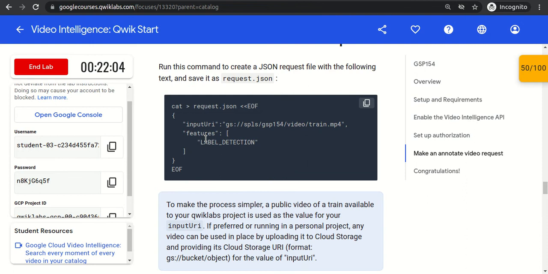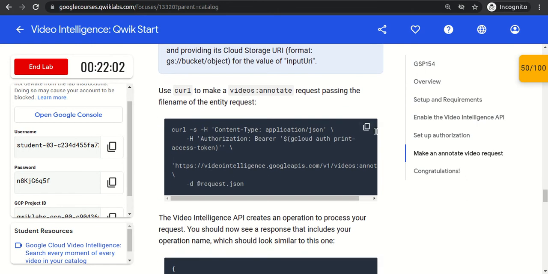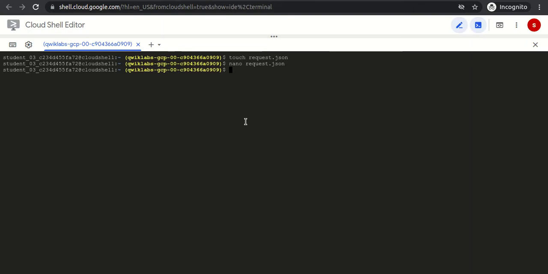Now we have to pass this request.json into the Video Intelligence API. So I am accessing the REST API, which is https://videointelligence.googleapis.com/v1, and under videos, after the colon, we give annotate. Annotate means providing the text, whether it contains a train or what kind of content it contains. So we are annotating the particular video, and we are passing the data with -d request.json.